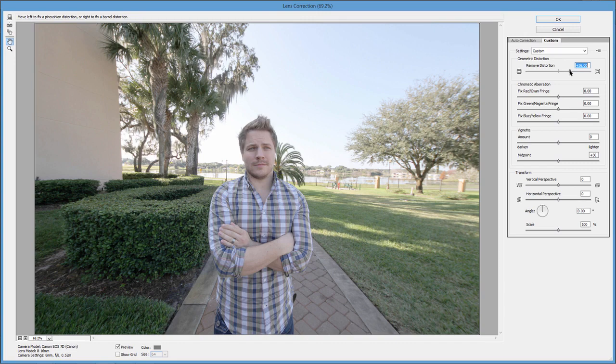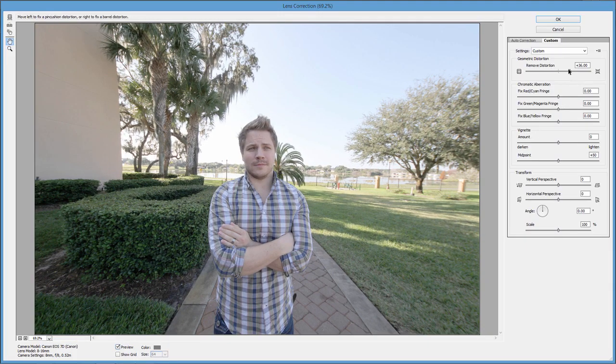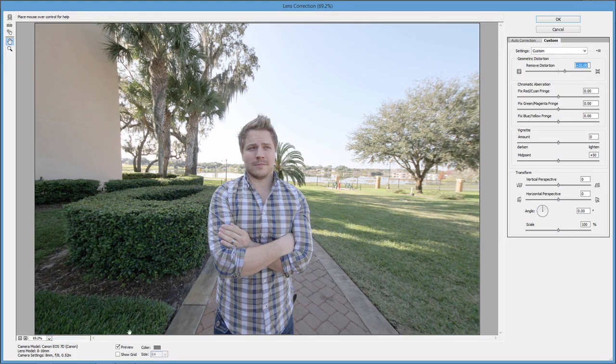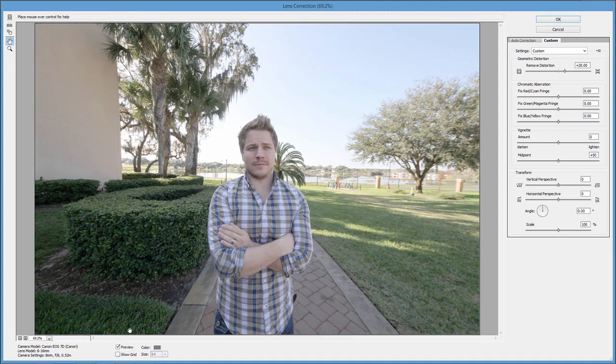But we want it something, and you want to see the before and after. You can click Preview. There's before, and there's after. So it is fixing a bit. That's at plus 36. If you think that's too much, you can even bring it over to the left a little bit. We can click on Grid to see a grid here. That's more for landscape for the most part. I mean, we could use it in portrait,